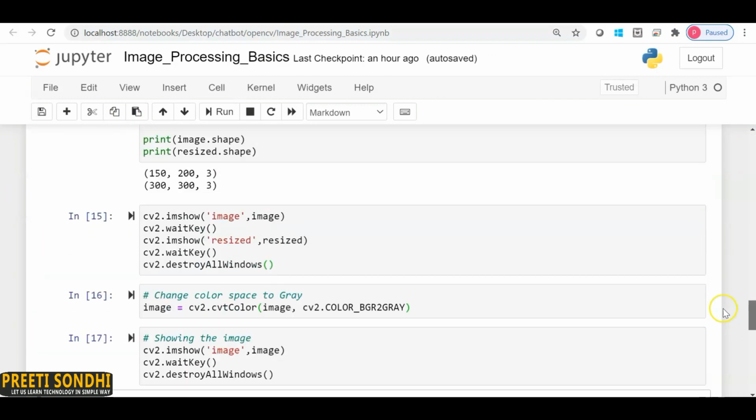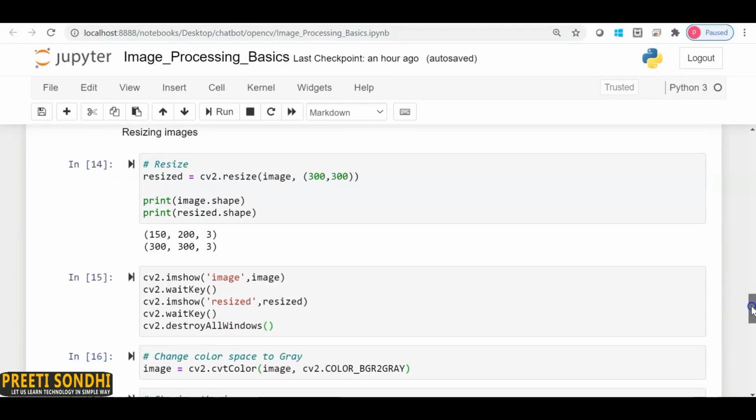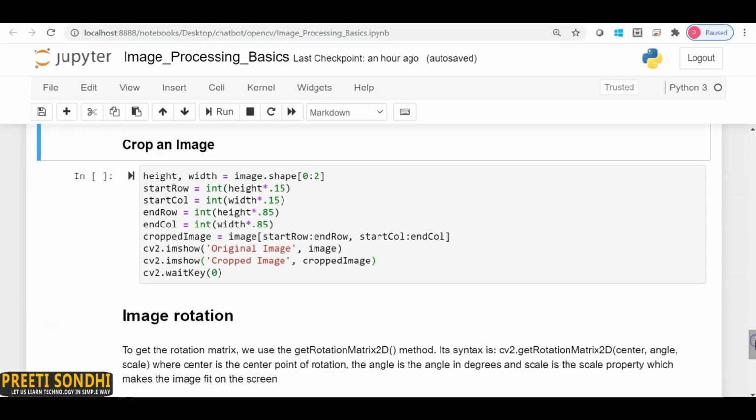Now let's just crop an image. Similar to resizing an image, in cropping what we have to do is extract the width and the height of the image. So here, I'm just getting the width and the height of the image. After getting the width and height, I'm just getting the starting and the ending index. So this is the start row, start column, end row, and end column. And we can get these starting and ending points by specifying percentage values of the total height and total width.